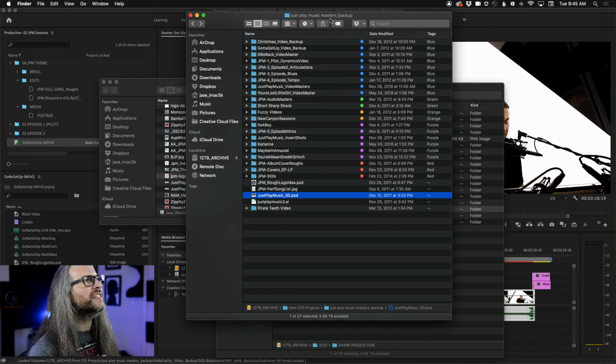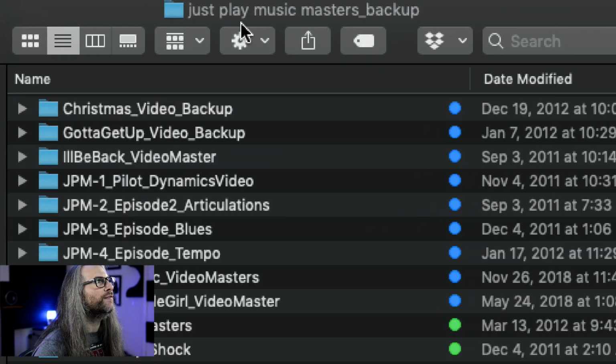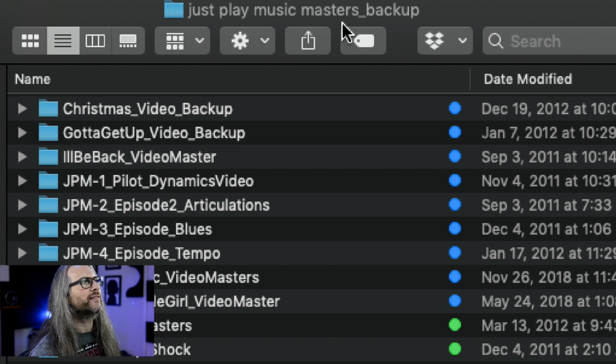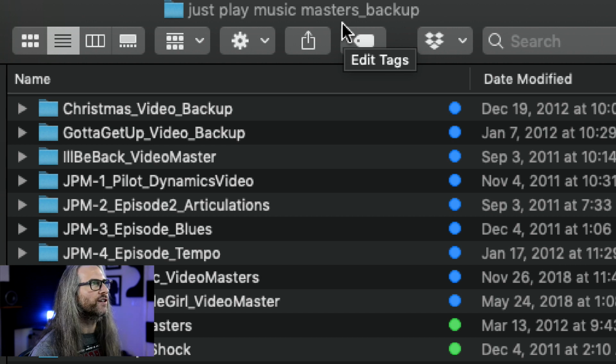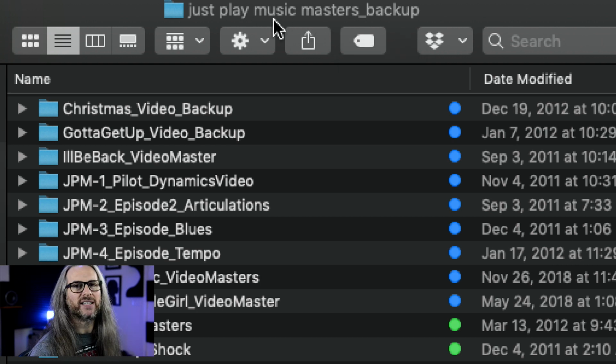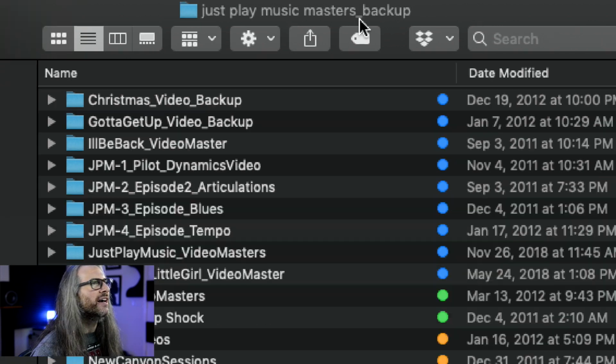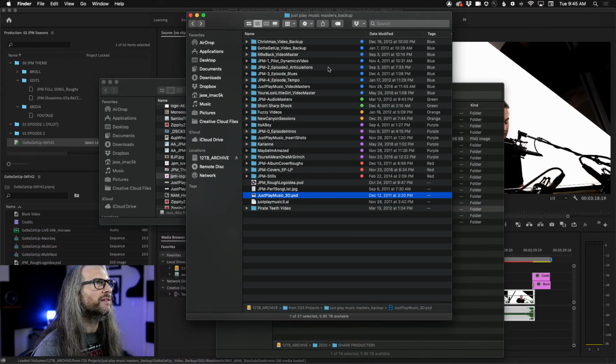So all of this is housed in one massive folder called Just Play Music Masters Backup, which right away, that name is very deceiving, because this was actually the master folder. Just Play Music is the name of the show, Masters Backup. I don't know. This is not the backup. This is the main thing. Whatever. And then inside of here, I don't know why I put backup in front of everything, or some of them,